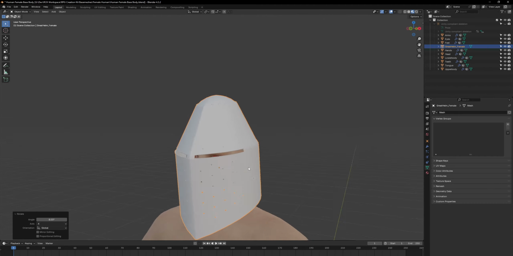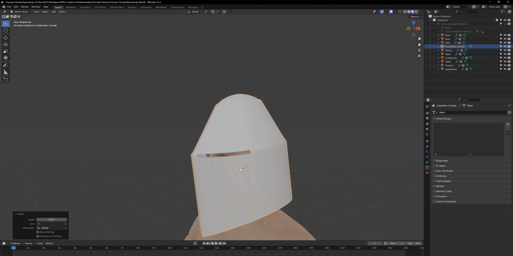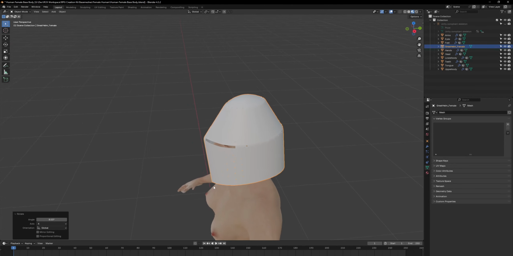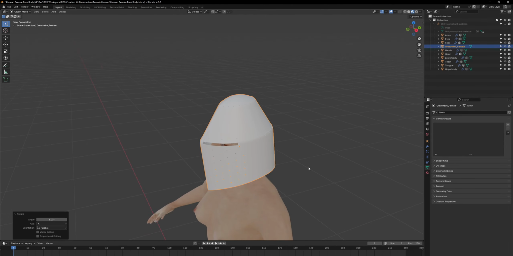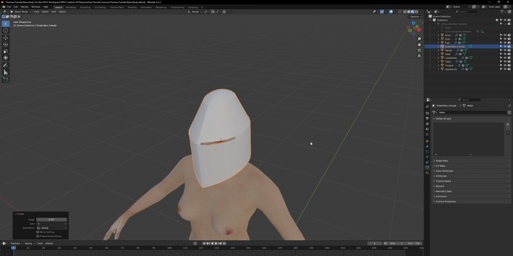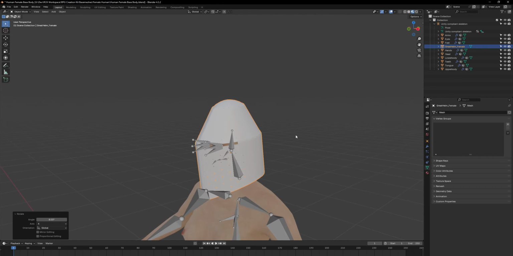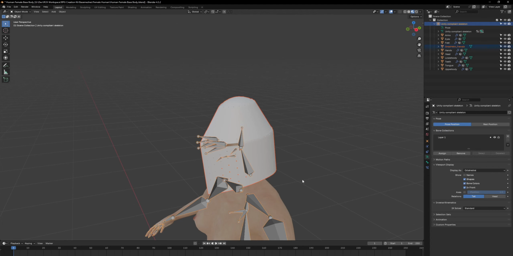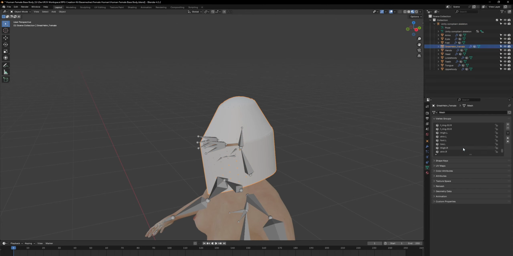So she's basically able to see it. I mean, this isn't perfect, but you can spend as much time as you want fiddling around with making it look good. Let's move on. Okay, so then we need to have the helmet and hold down shift and select the skeleton and Ctrl+P to parent with empty groups. Then we click on this, we can see we have it,